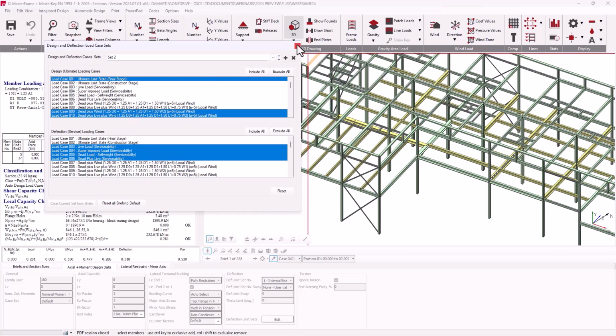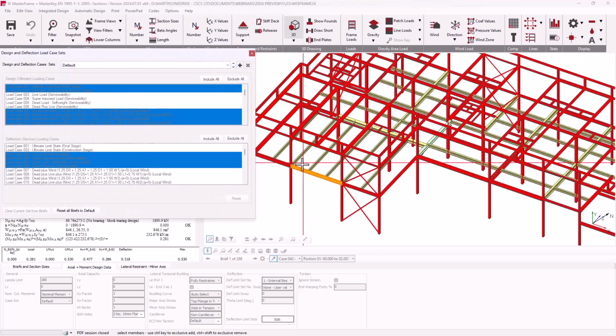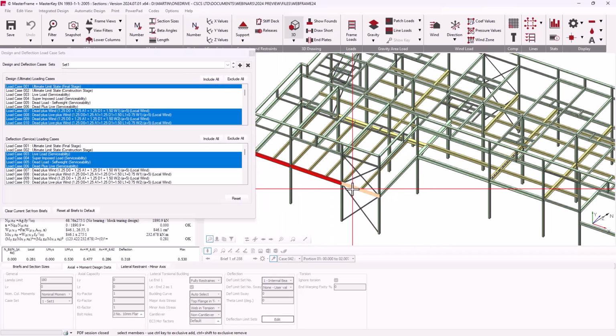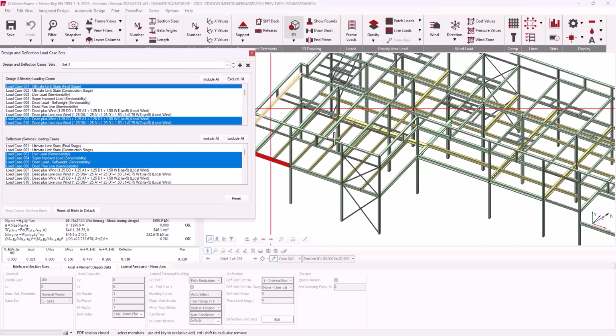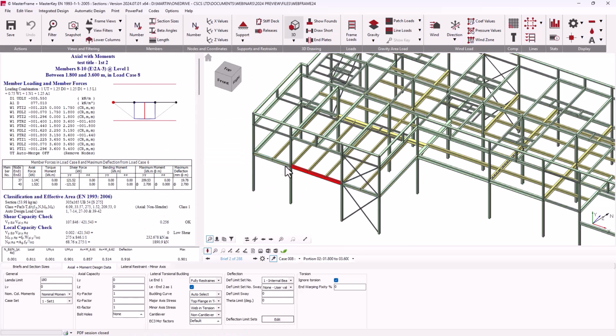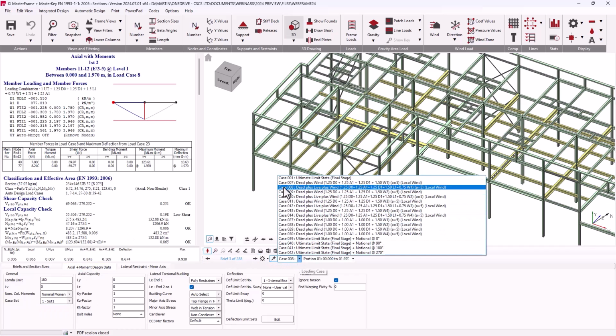So what we can do here, as a really nice way of applying these sets, going back to the default, we can see all the members highlighted that have the default set. But straight from here, we can choose which members or which design briefs load case set 1 applies to and which load case set 2. So we've applied load case set 1 to those 3 members at the front. We can see it has been updated in the drop list appropriately. We can obviously change it here as well, but it's convenient if you want to do a lot of members to do it